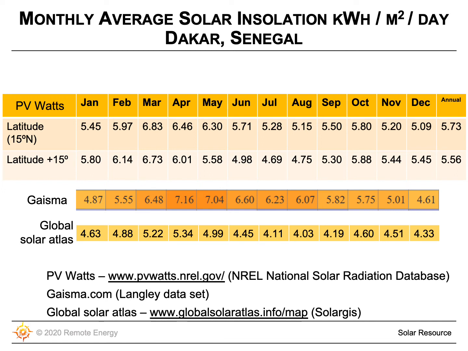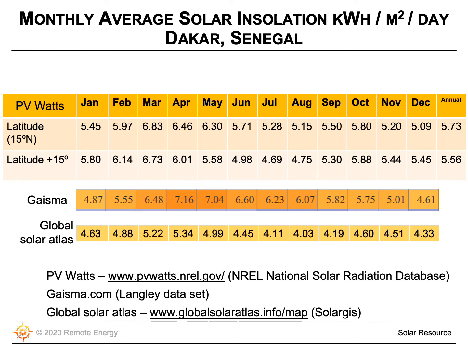This is what the data looks like when you go and explore these online resources. Typically, you will receive peak sun hour data or solar insolation data in the form of kilowatt hours per meter squared per day for every month. So we're receiving the monthly average peak sun hour data. This particular example is for Dakar, Senegal. So we typed Dakar, Senegal into the online databases, and this is the peak sun hour or solar insolation data